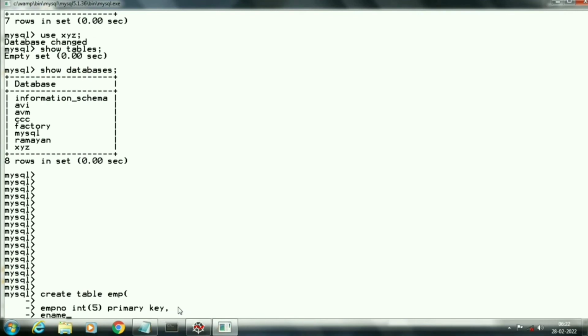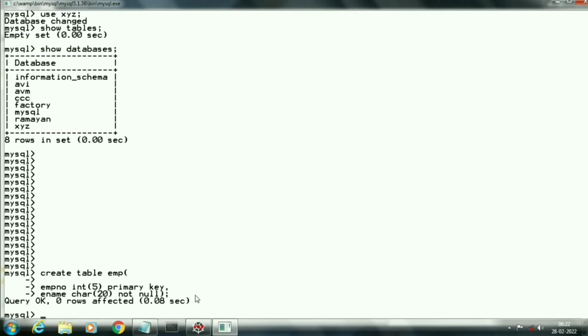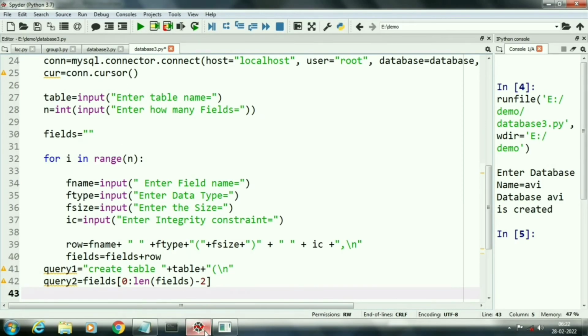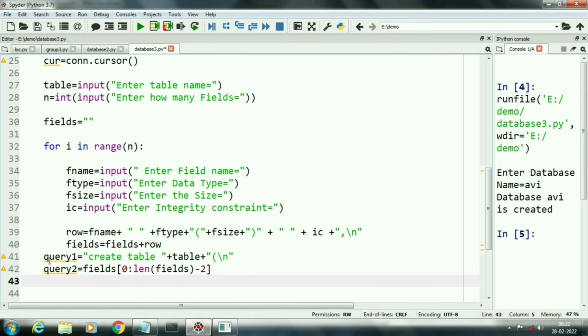Here you can see that when we end our table, we do not add any comma, just the closing of parenthesis and then a semicolon. Here there is no need of a comma after not null. We just close our string. Because of this, in query 2, I am removing our last comma, and in the query 3 string, I will add the closing parenthesis with a semicolon. These are the 3 parts of our table format.